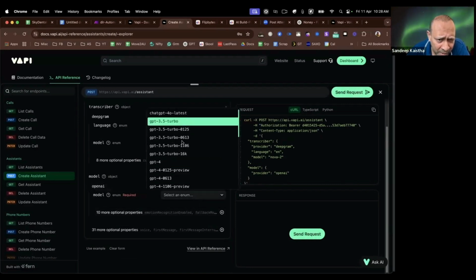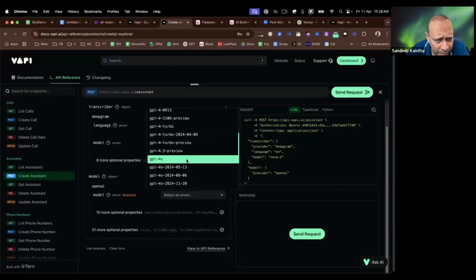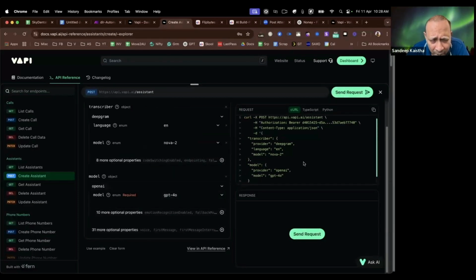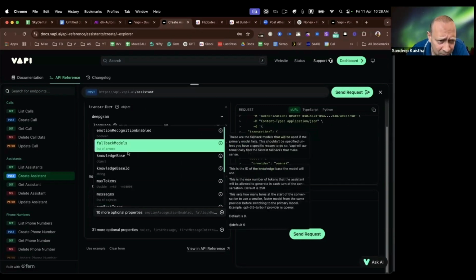And within that, I have GPT-4o, which is what I use. So let me just find GPT-4o right here. Okay. And you can see on the side, it is updating everything. So it's pretty straightforward. So then after that is